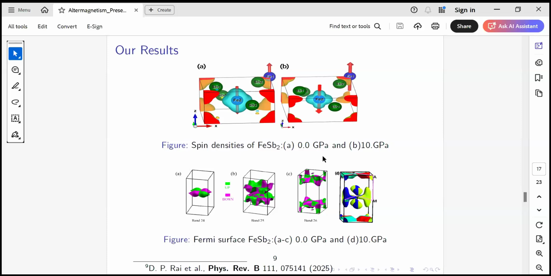Our experimental group synthesized this FeSb2 material, performed other characterization using experimental tools, and found that FeSb2 was antiferromagnetic.